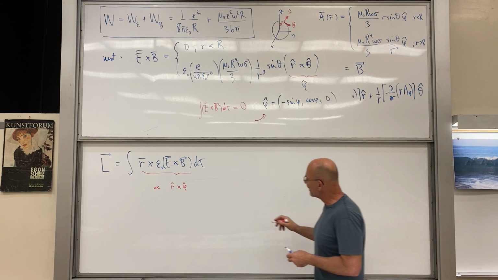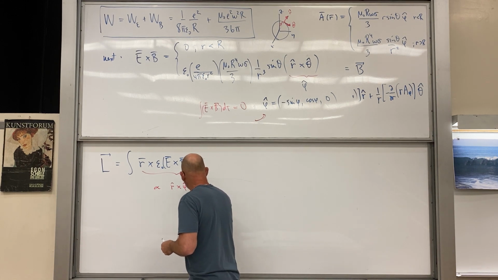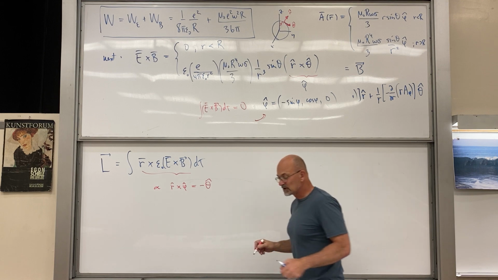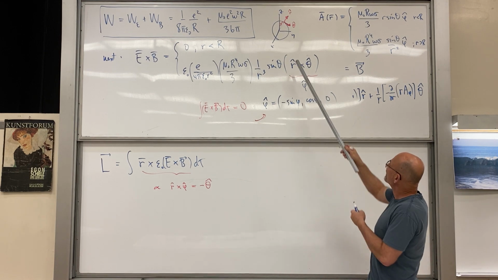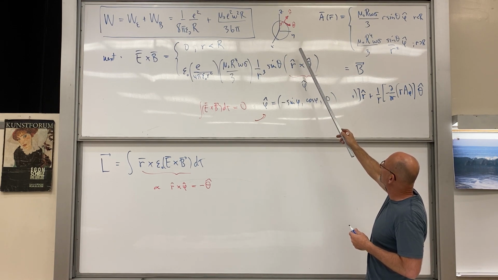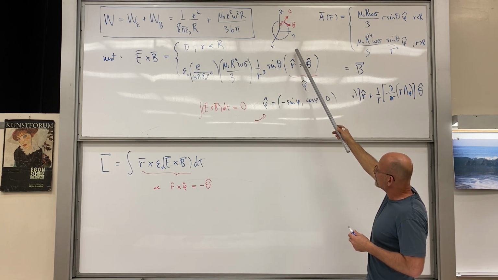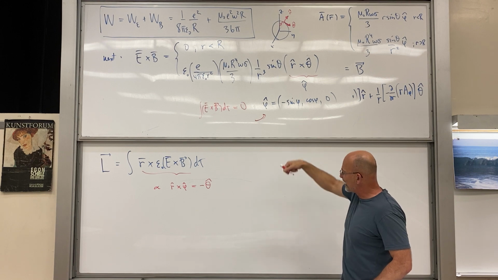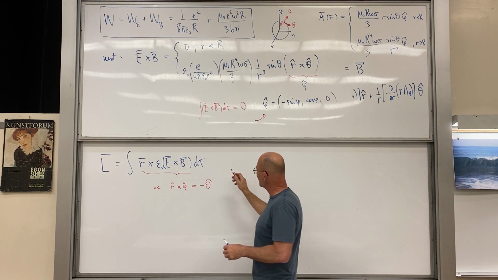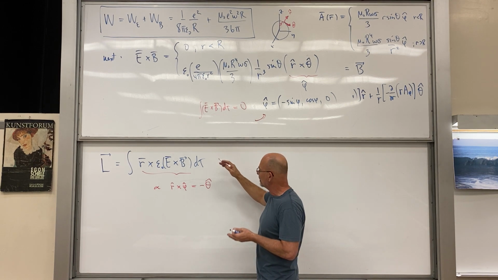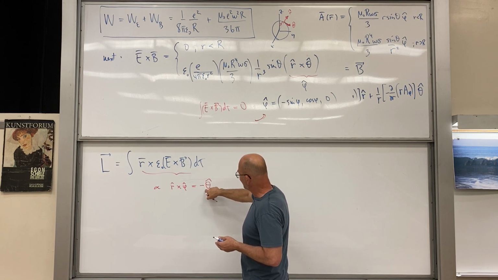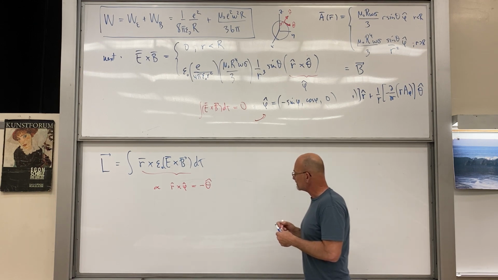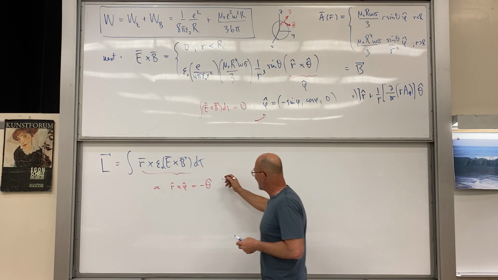And r hat cross phi hat is equal to minus theta hat. Again, you want to look at this picture right here, or a similar one, because theta hat's pointing down, and this r hat cross phi hat is going to be pointing up towards the North Pole, and so it's minus that theta hat. So the minus theta hat